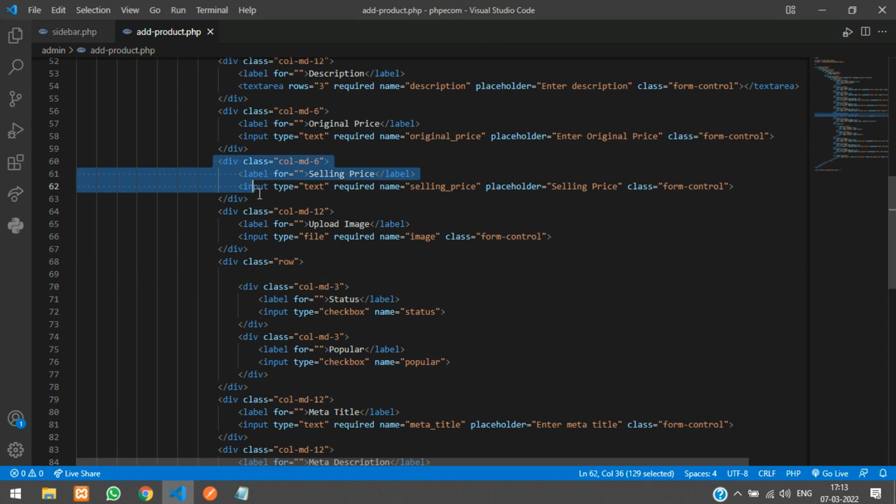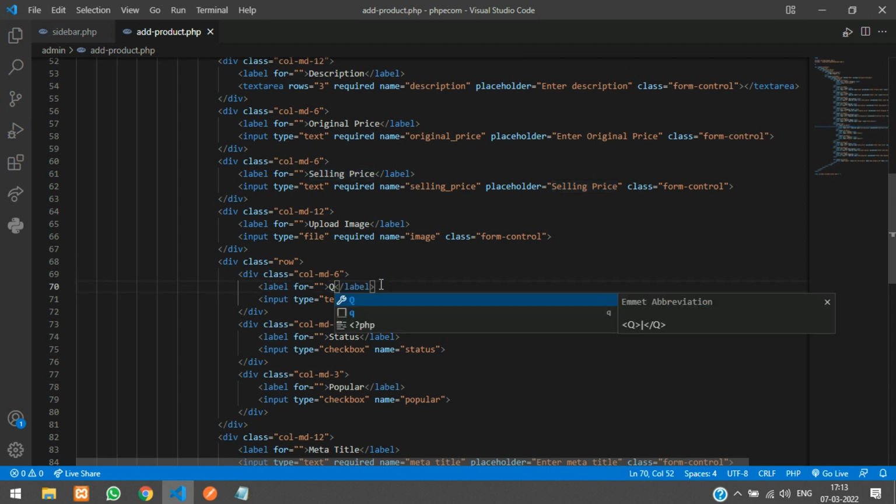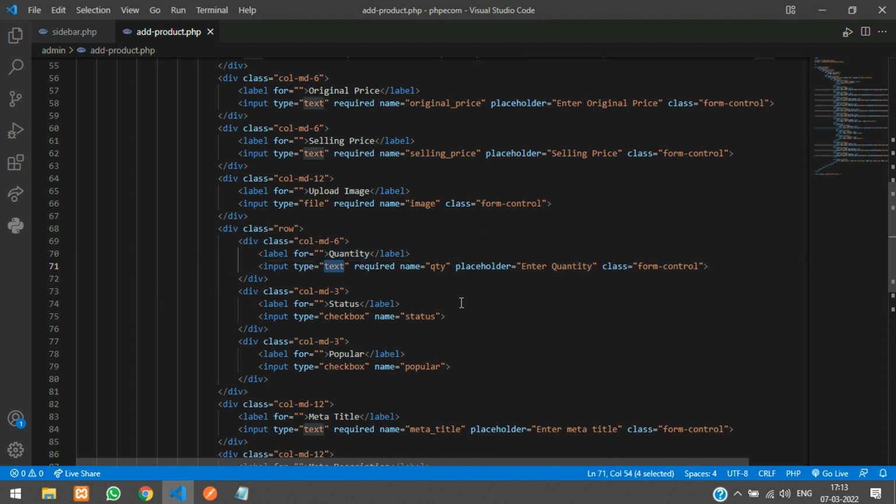Say input type equal to text. Okay, it's going to be quantity, and name is also going to be quantity, or let me say qty. Enter quantity, and this thing you can keep as input type equal to number,